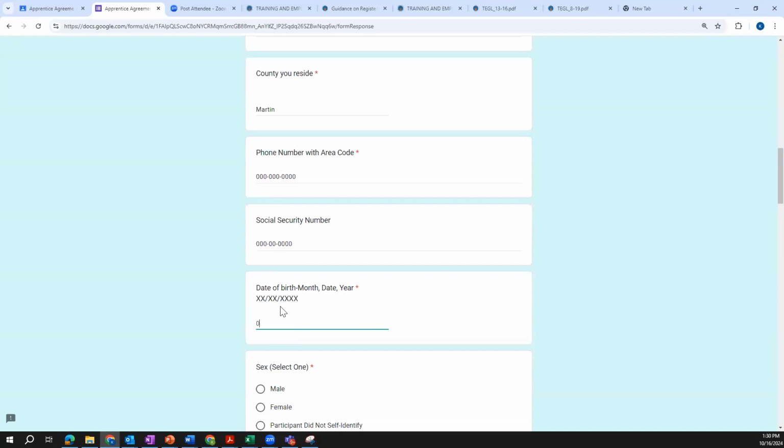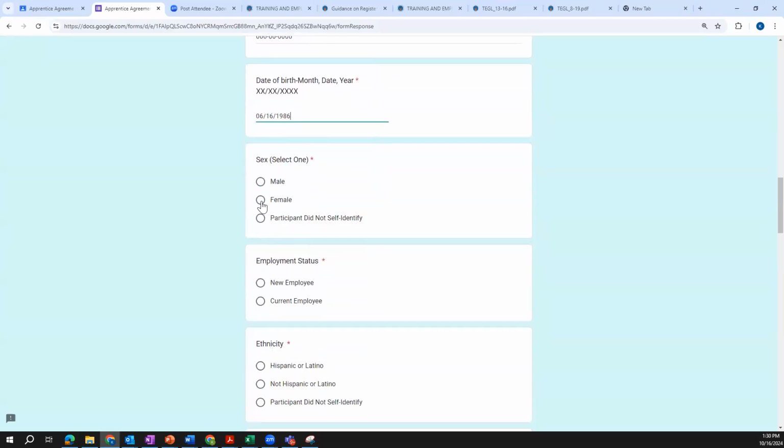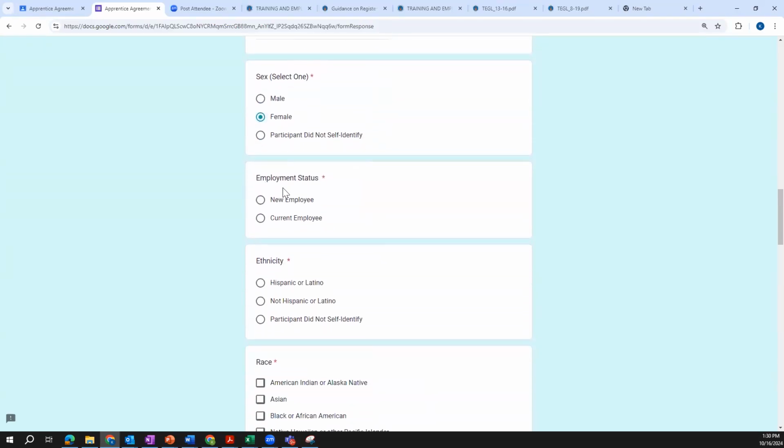Date of birth. Oh, you guys are going to see my real age. Sex. Employment status. So you can ask your employer what your status would be because it's completely up to your